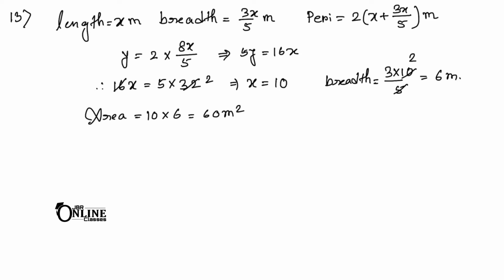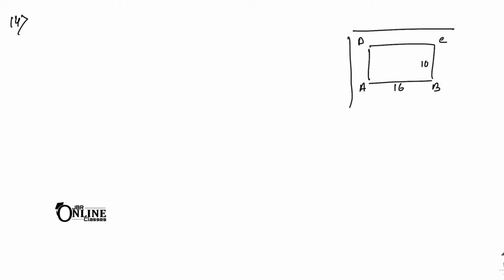Now move on to the next problem, sum number 14. In sum number 14, a rectangular garden 10 meter by 16 meter is surrounded by a concrete walk of uniform width. Okay, so suppose this is the rectangular garden, it's ABCD, and here this one is 16, this one is 10, which is surrounded by a concrete walk that is x meter wide, on both sides. Given that the area of the walk is 120 square meter, assuming the width of the walk is x meter, form an equation of x and solve the value of x.